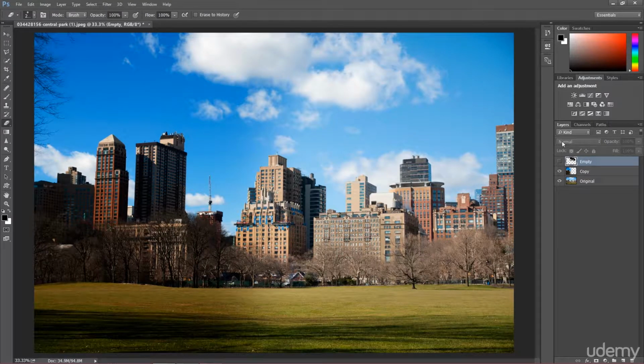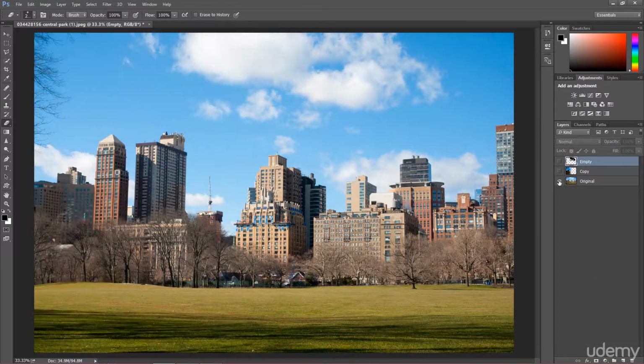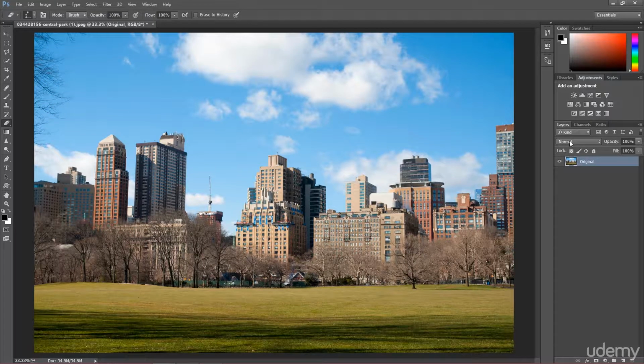So I showed you the basics, but there is a little catch. Why is it really not great to work this way, and why shouldn't we use the eraser tool and work destructively on these layers? This problem will be resolved by layer masks. So I'm going to start from the beginning. I'm going to duplicate this original layer. I'm going to call this copy. And I'm going to start with the copy.